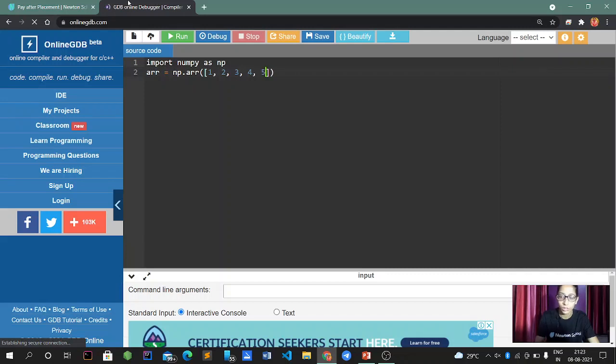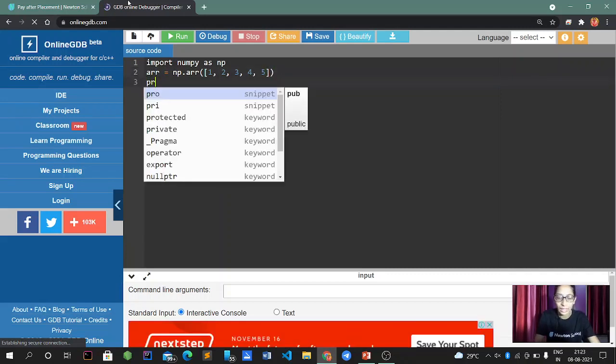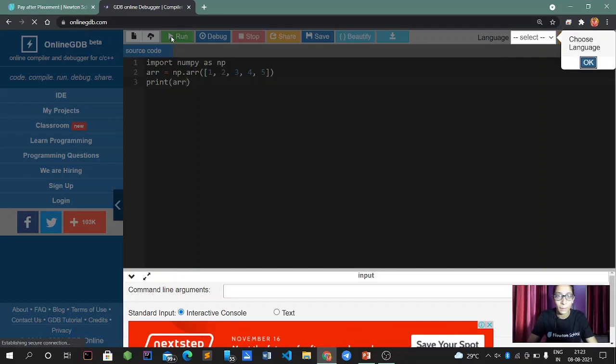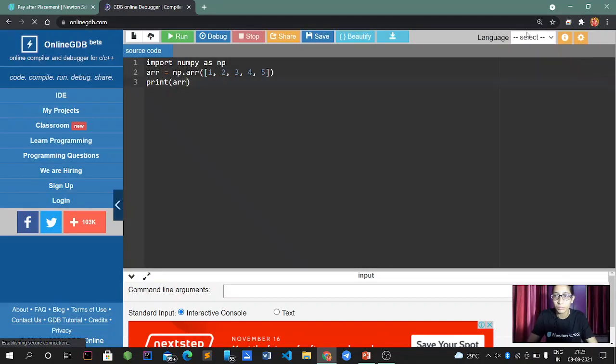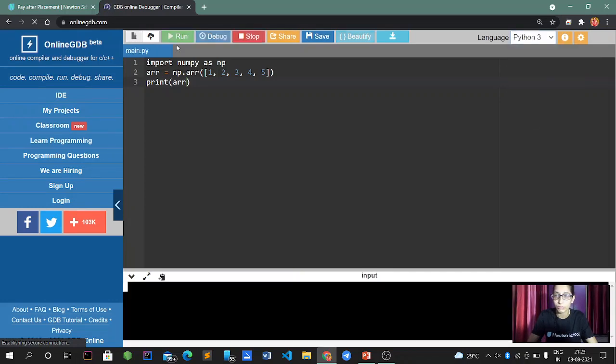After that, let's print what our array is. Now I want to print my array. I'm just running this program. Let's first select the language.